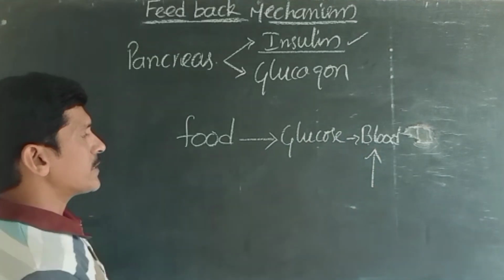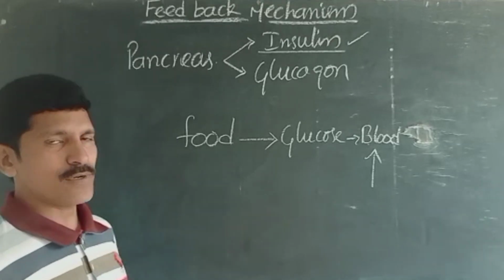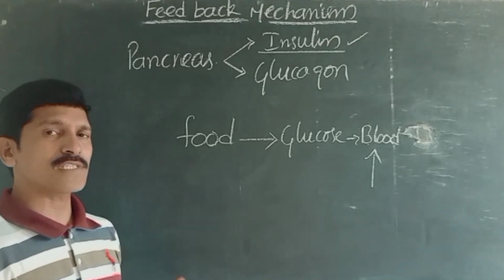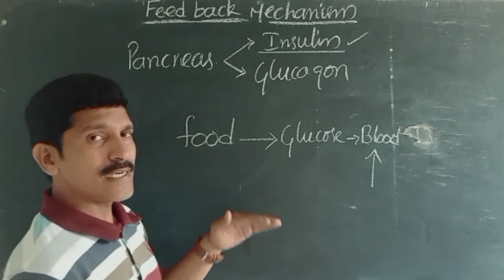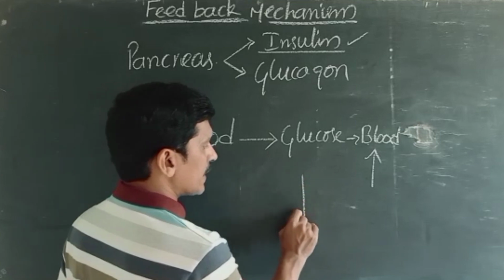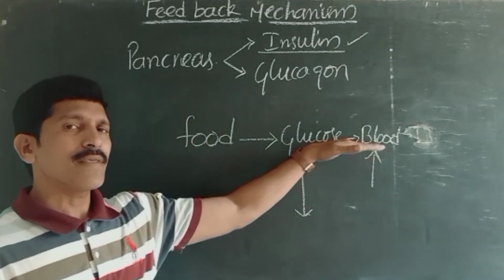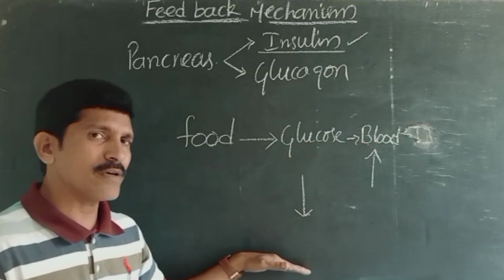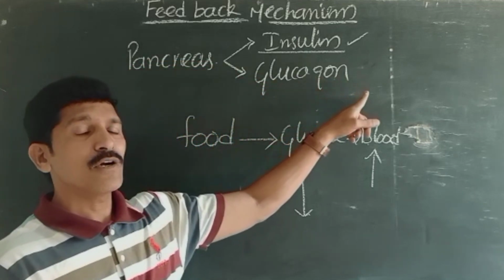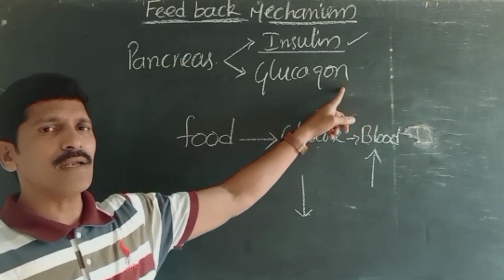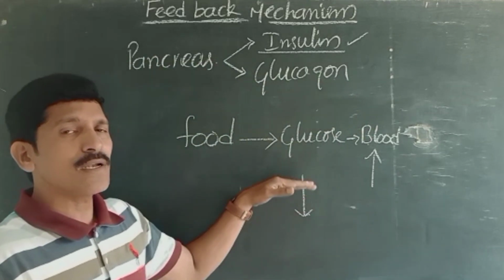Immediately insulin reduces the level of glucose in the blood and brings it back to normal. Later, during some situations like fasting, or sometimes when people take food late, at that time the glucose level in the blood is decreasing below the normal. Whenever the glucose level in the blood decreases below the normal, automatically the feedback mechanism stimulates the pancreas to release glucagon. This glucagon increases the level of glucose in the blood and brings it up to the normal